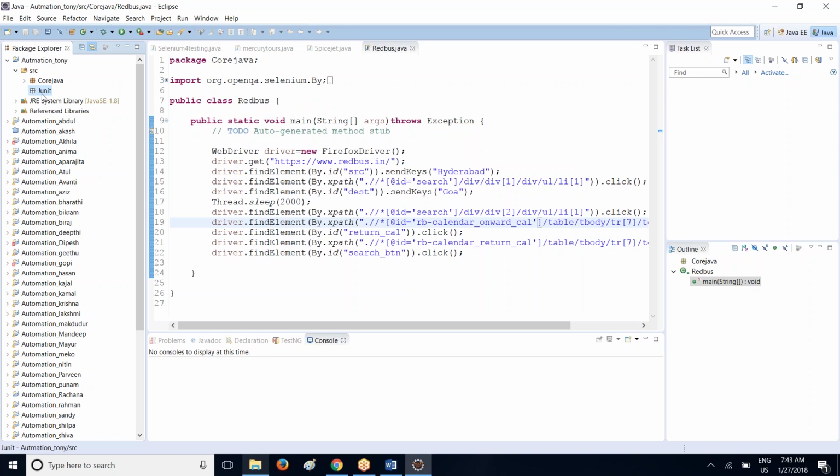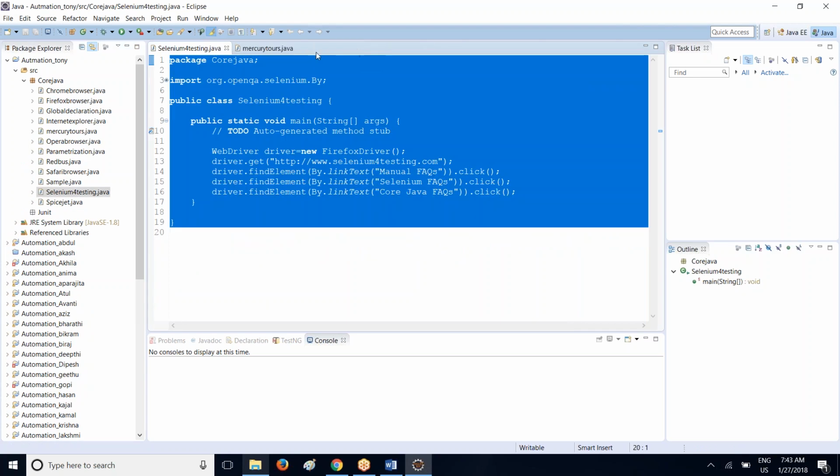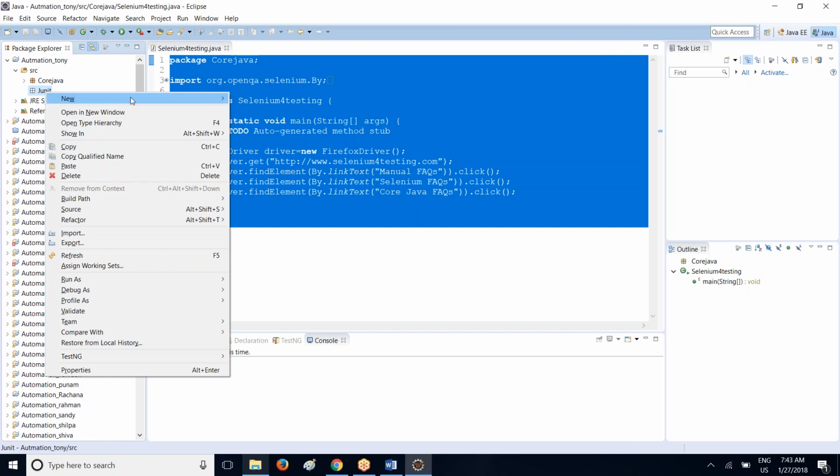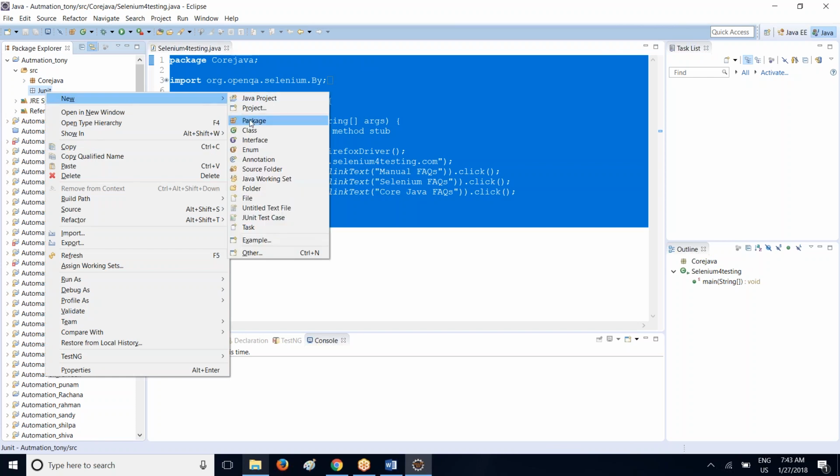See here, a JUnit package has been created. Now under this JUnit, I'm going to create a class. Okay, the JUnit package has been created. Under this, I wanted to create a JUnit class. So how am I going to create a JUnit class? Right click on your JUnit, go to New, and then go to